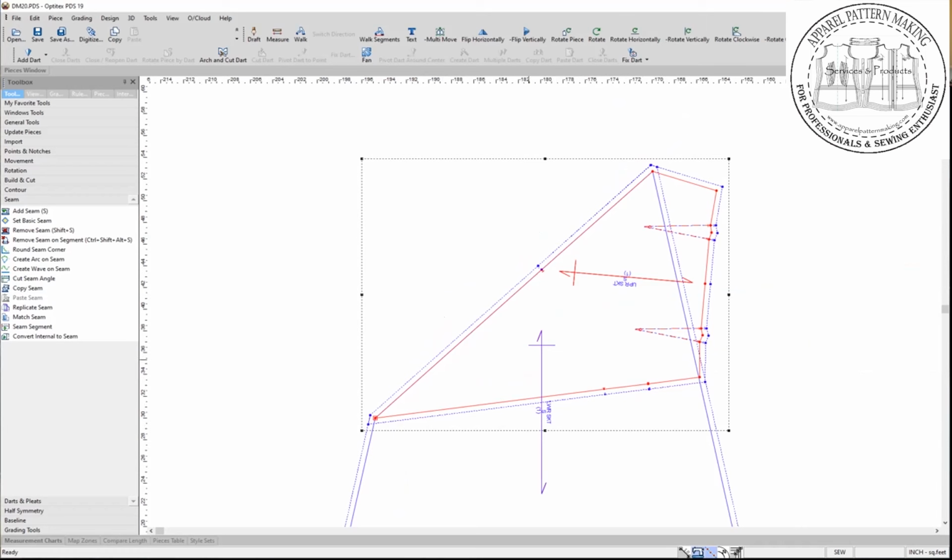So just a quick little great tip on how to match the corners of your seam allowances when you're sewing